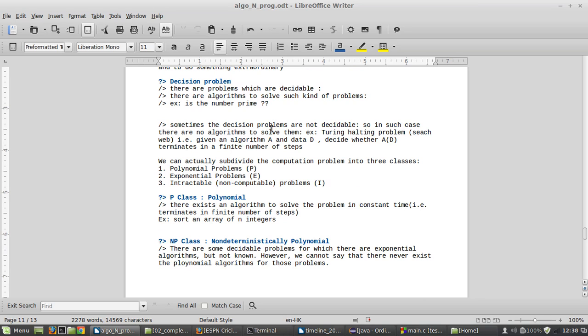And what it says is that sometimes decision problems are not decidable. In such a case there is no algorithm to solve such kinds of problems. For example, one of the problems is the Turing-Halting problem. So what you have to do